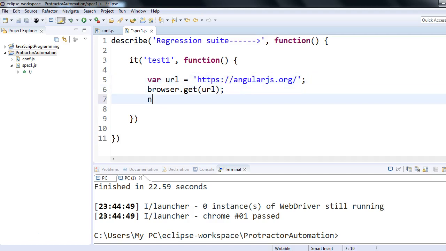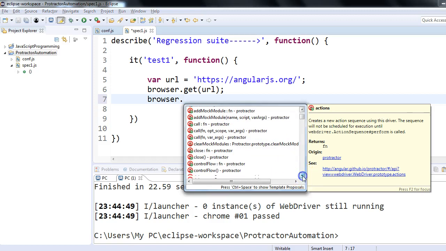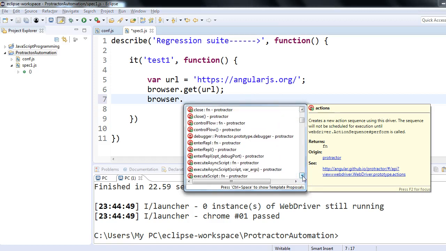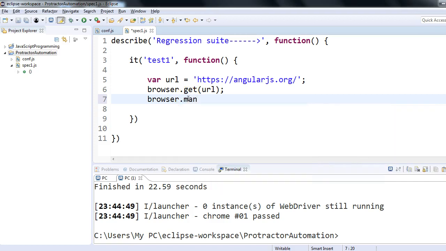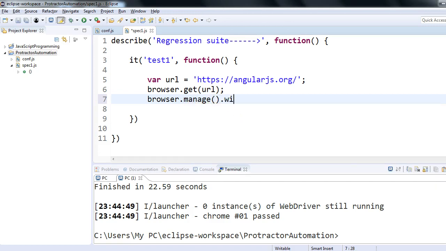You can use a simple command like browser. Just press Control space bar in the Eclipse IDE, so it should show up different options which we can use. If you press dot, control space, here you could see different options which are available, right? So this is coming from the Protractor API. Now I would like to maximize my browser window, so I'll use browser.manage, control space, dot window,